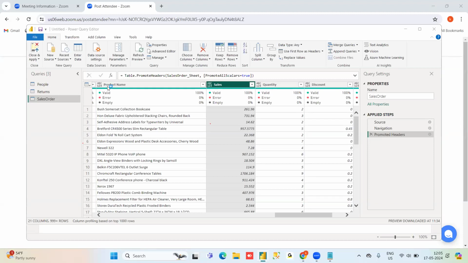Click on split column, then you will get the different delimiters. That delimiter you have to specify, hyphen if you have a hyphen. If you have some other character like @ or hash or some other delimiter, you have to specify that delimiter. You can use a space as a delimiter as well.